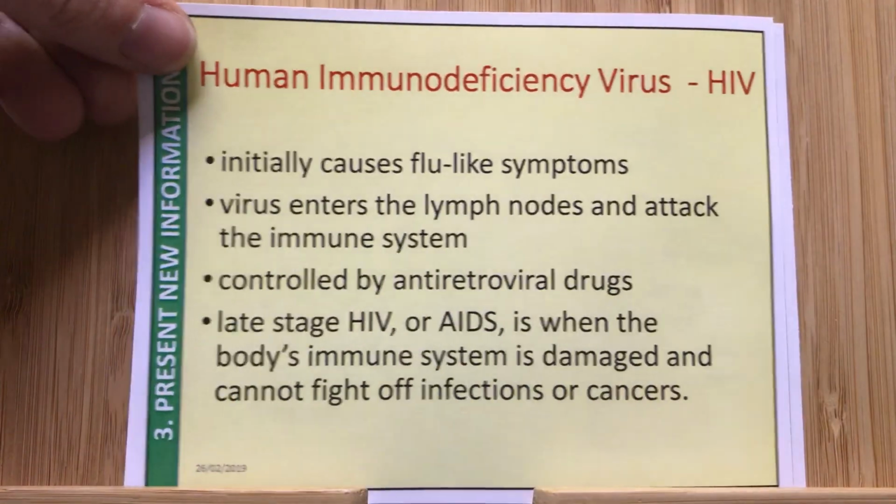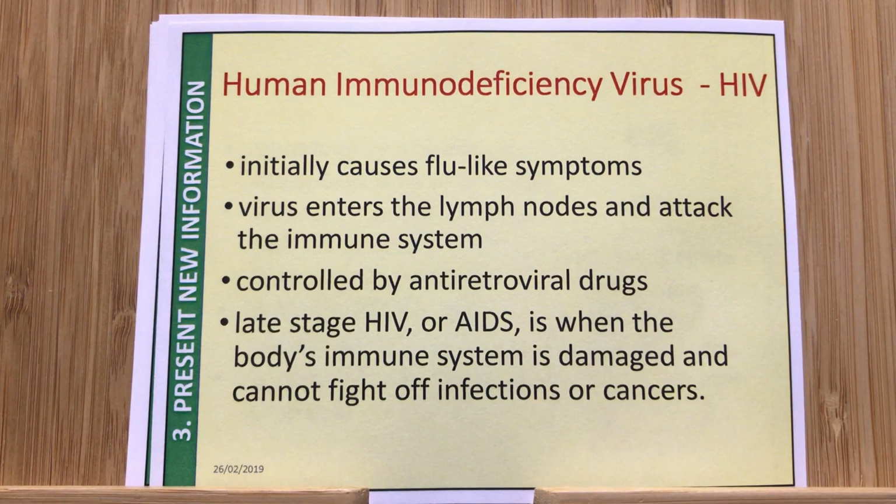Then we go on to the HIV virus, human immunodeficiency virus, but we can just remember it as HIV. Initially starts off with flu-like symptoms. The virus enters the lymph nodes. More importantly to remember, it attacks the immune system. As a result, to try and control the development of HIV, the patient is given antiretroviral drugs. Okay, it's an important one to remember, that one, antiretroviral drugs. In late stage HIV, which is known as AIDS, the body's immune system is so damaged that it can't fight